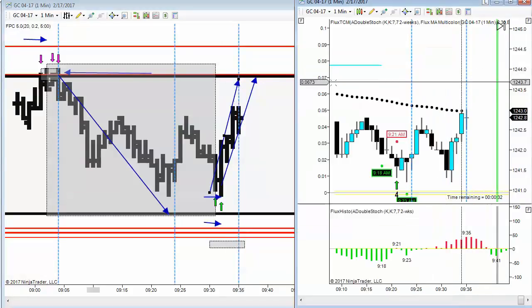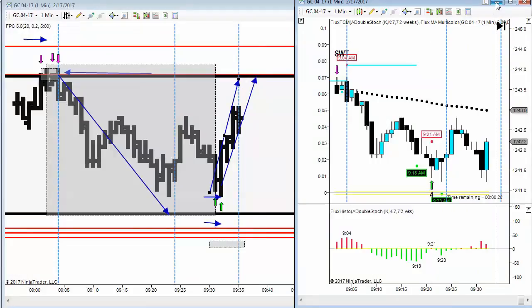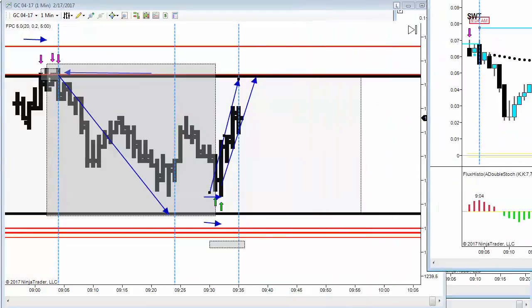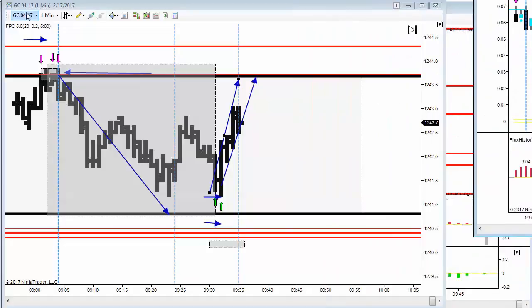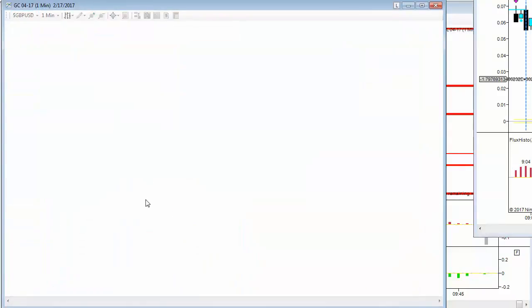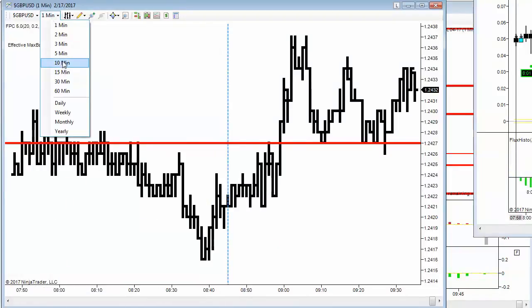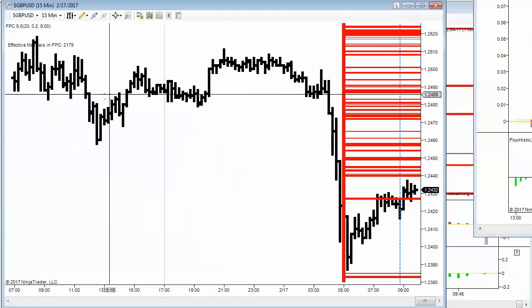Giovanni says, does it work only on the 1 minute time frame? No, of course not. It works on whatever you tell it to watch. So if we were to apply this, for example, to the pound dollar, and we put it on a 15-minute pound dollar chart,